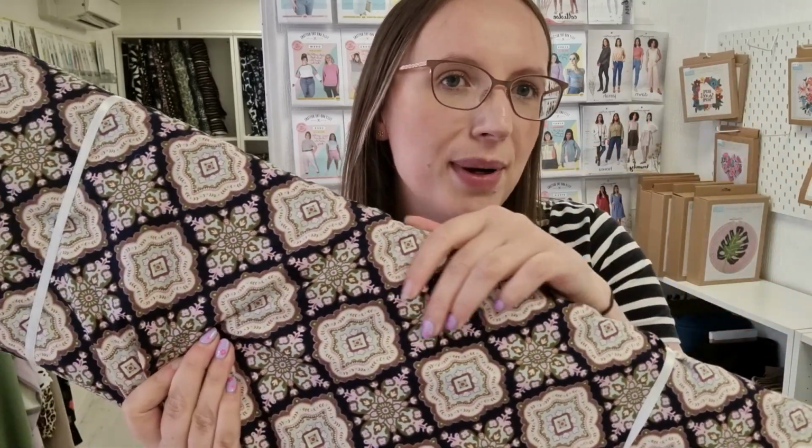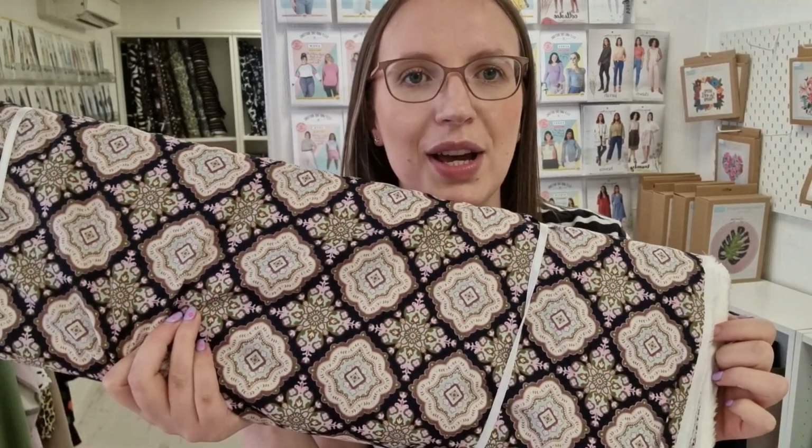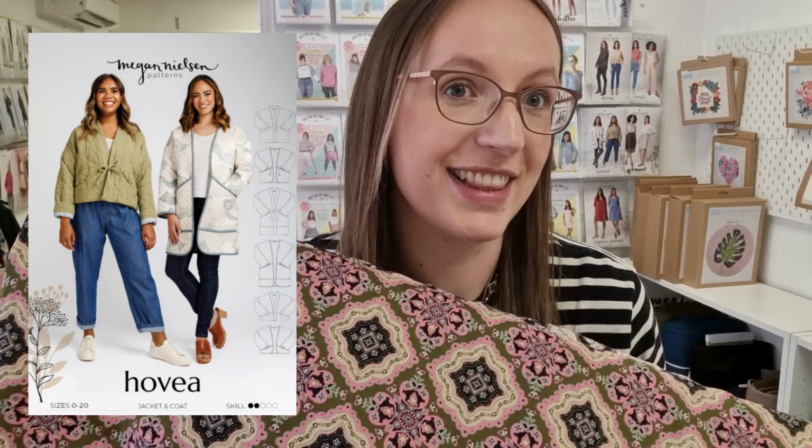You could also actually quilt this quite nicely, couldn't you? Because of the way you could just pick out some of the squares and quilt those. I think they'd be quite nice for a quilted jacket. You know, the Megan Nielsen Hovia, if you did a lightweight version, I think they would look quite cool